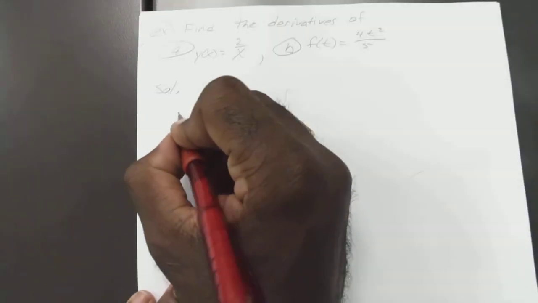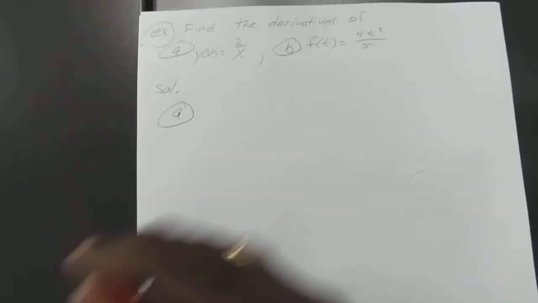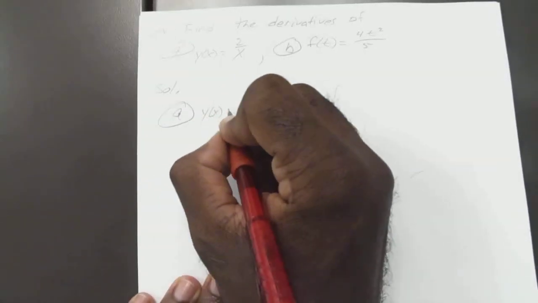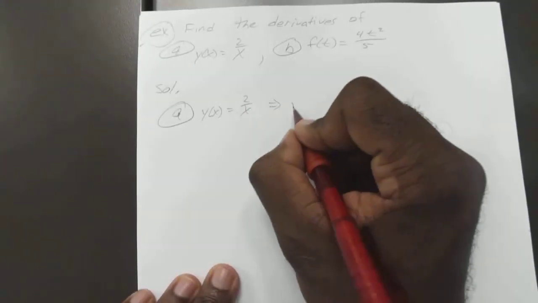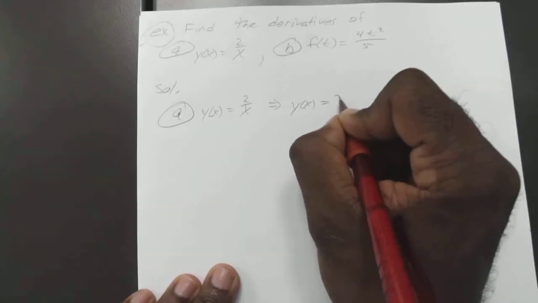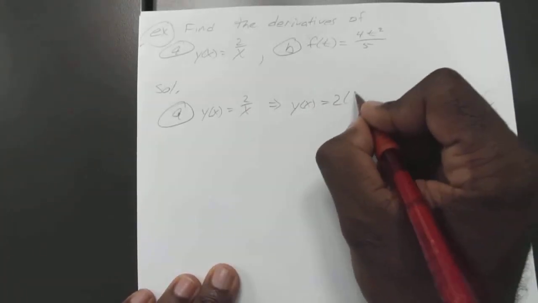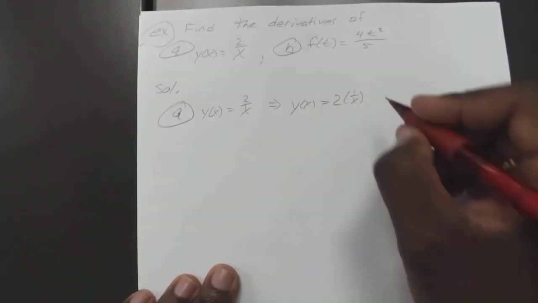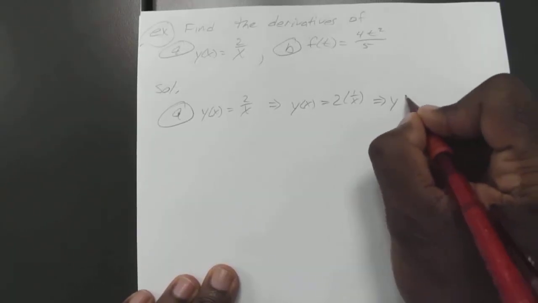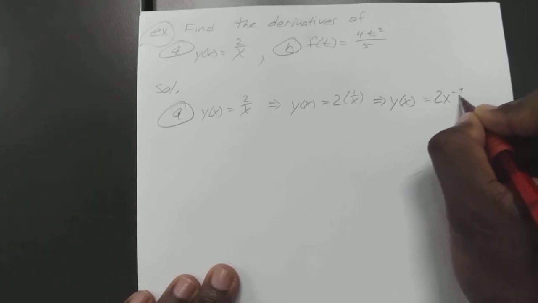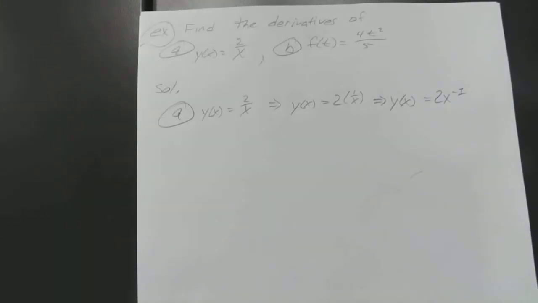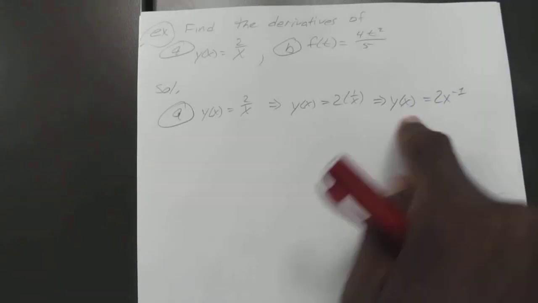Alright, so for A, if you have y of x equals 2 over x, you can just bring that constant right out to the front. 2 times 1 over x. Or you can just make it y of x equals 2 times x to the negative 1. Okay, so to find the derivative of that,